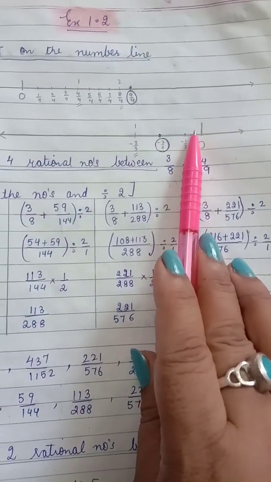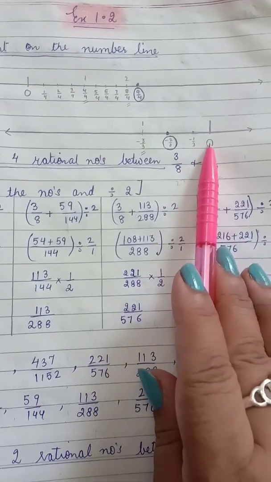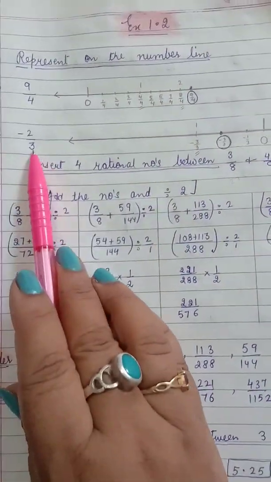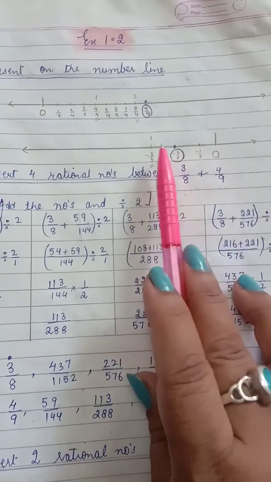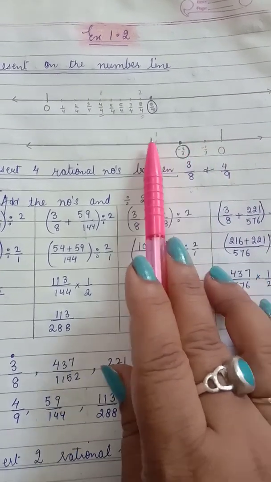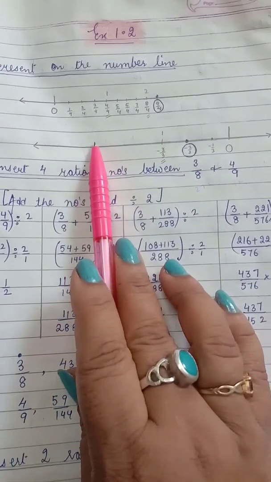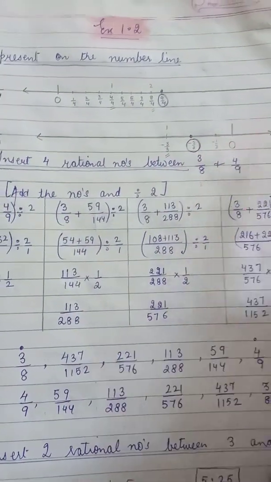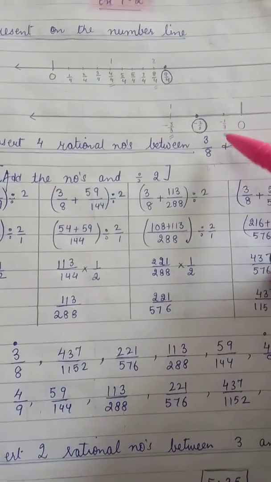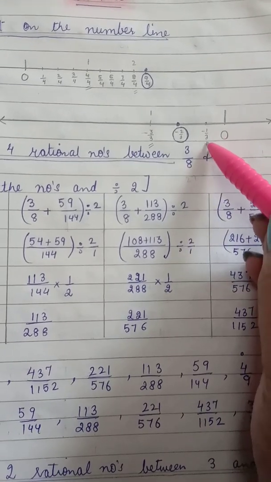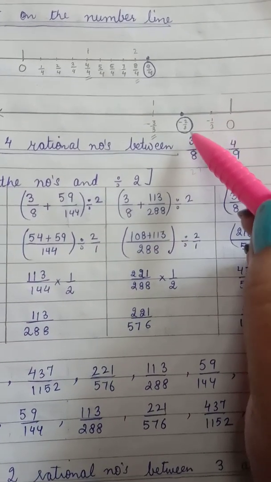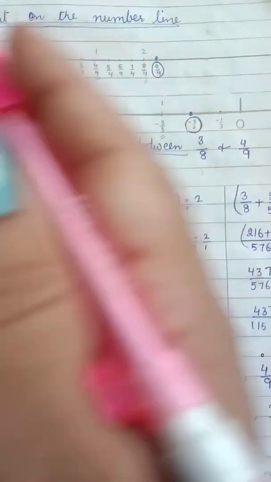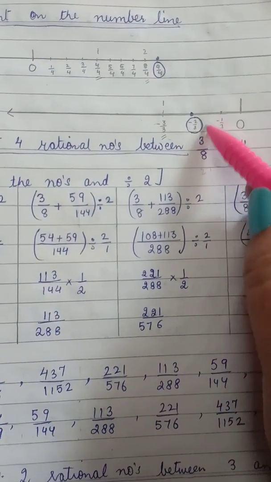Now what we can do here is, we can have 0, 1, 2, 3 and so on, and see the denominator 3, and 0 to 1 you can divide in 3 parts, 1 to 2 you can again divide in 3 parts, and like that you can divide your numbers in 3 parts, and then you can circle the number that you want. So this is minus 1 by 3, this is minus 2 by 3, minus 3 by 3, minus 4 by 3 and so on, but we want minus 2 by 3, so just circle the number that you want.